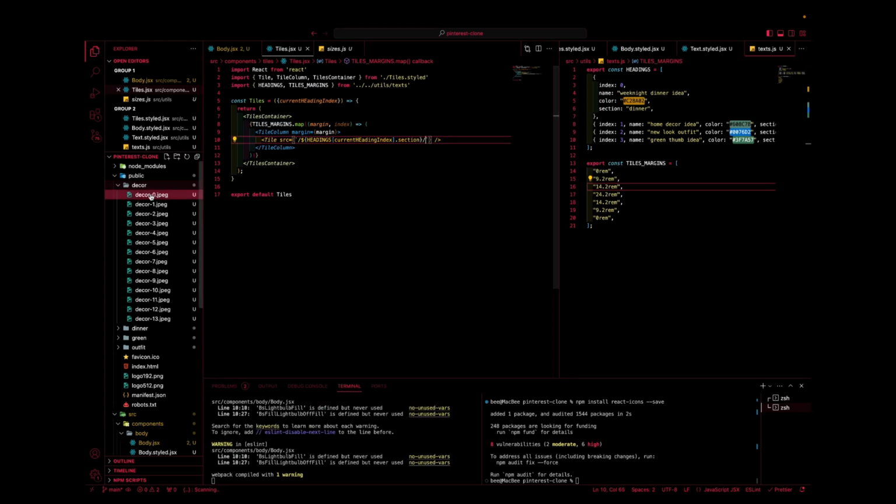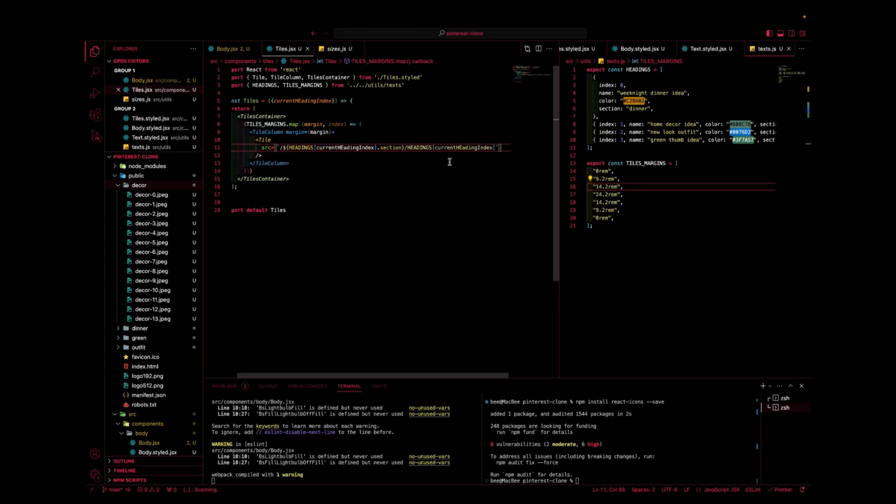So now we want to generate the image. We want an image from this section. So that's going to be again headings. Just copy paste this. Okay, it's going to be again current heading index. So it's going to be headings, current heading index. So it's going to be slash decor, right? Then now we need